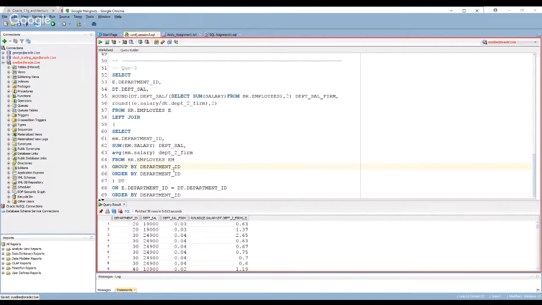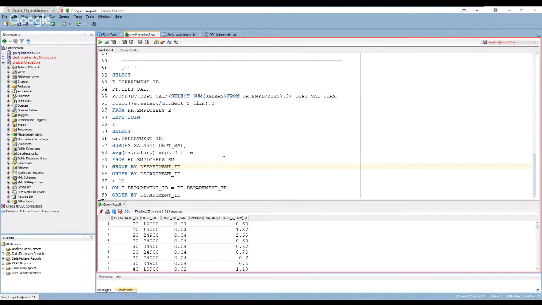All right. So I hope now that we've restated the problem, at least you understand why the solution here is a bit off, right? Because we really wanted to see for each employee how much they were making relative to the average salary in their department, and then secondly compare their salary to the average salary within the entire firm.